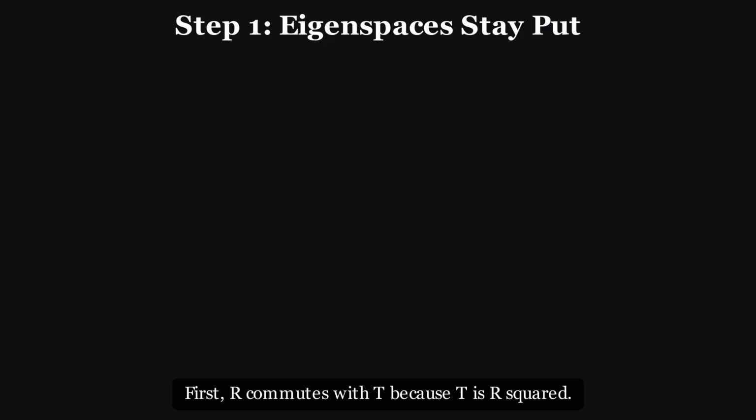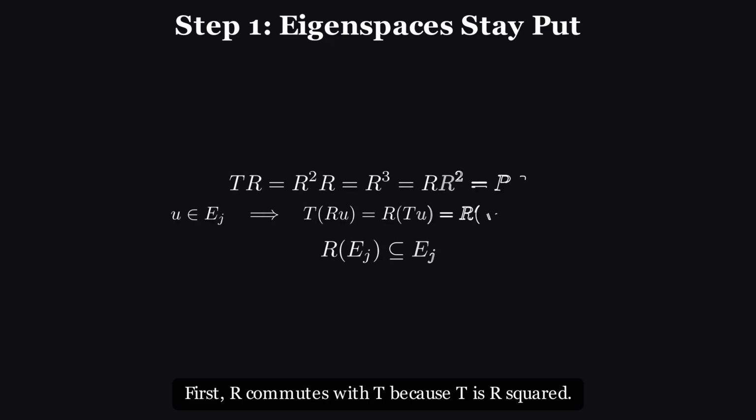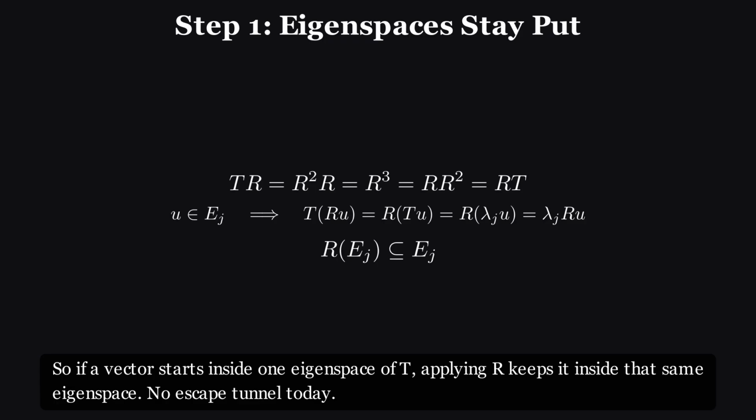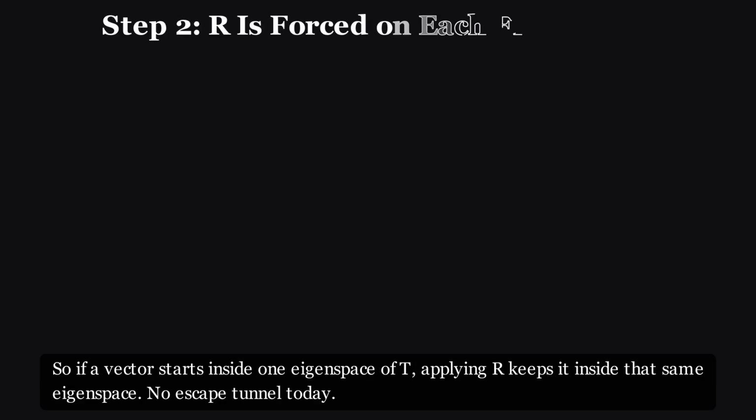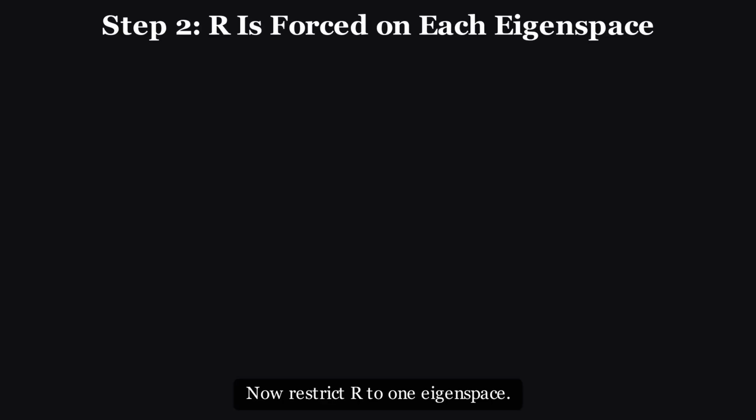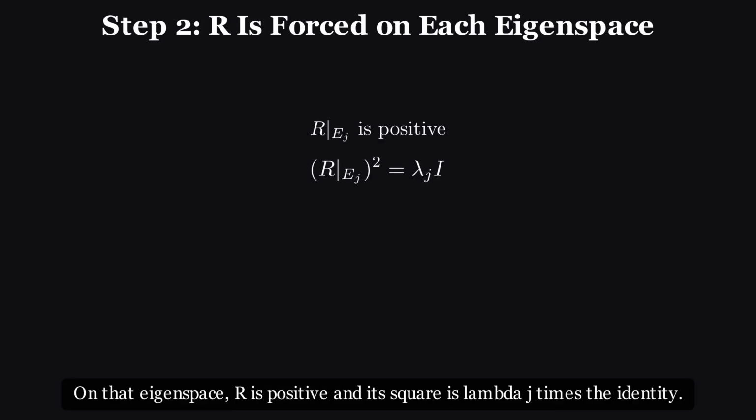First, R commutes with T because T is R squared. So if a vector starts inside one eigenspace of T, applying R keeps it inside that same eigenspace. No escape tunnel today. Now restrict R to one eigenspace. On that eigenspace, R is